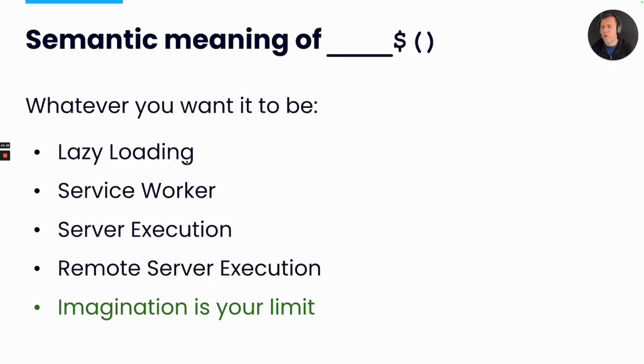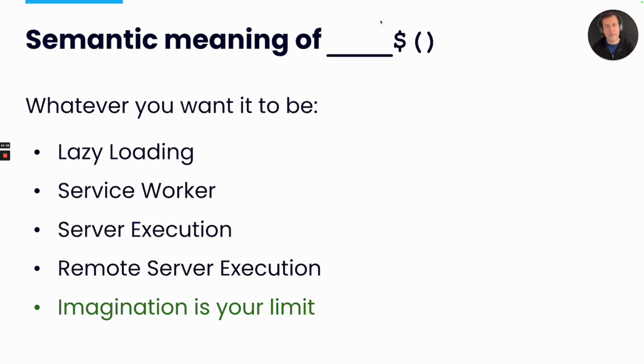So let's go on to the semantic meaning of this particular bit. What's cool about this is that as a developer, the optimizer, the system that does all these things, doesn't define the meaning of this function. It doesn't even know which particular function you want. Instead, it just says any function that adds a $ will have this particular thing. And it is up to the developer to define what is the meaning here.